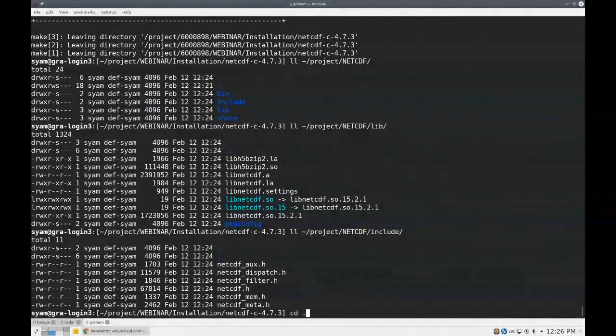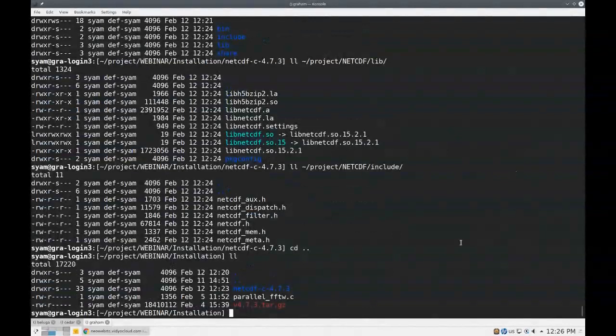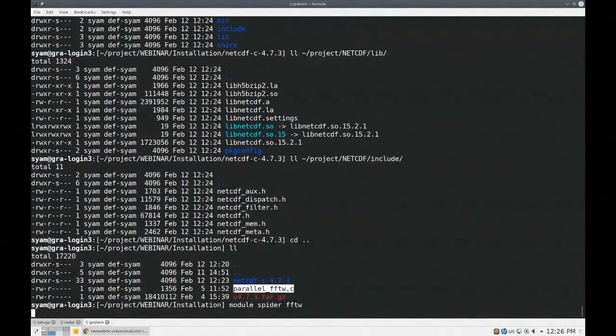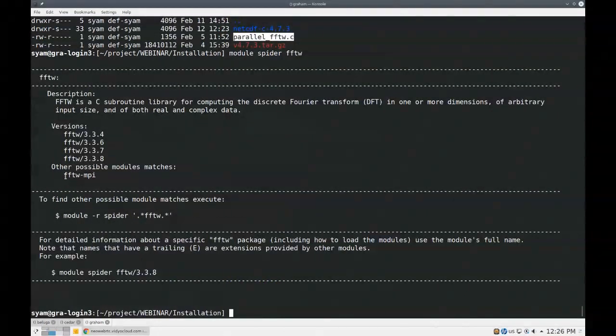So going back, there is a single file which is using the parallel version of the FFTW library. And this is an MPI program. I already know, I read the documentation, that I need to load the FFTW MPI version. So first maybe I want to check module spider FFTW, if I don't know exactly the MPI version name of the module. So here we find there is one, it's called like this. So then we module load